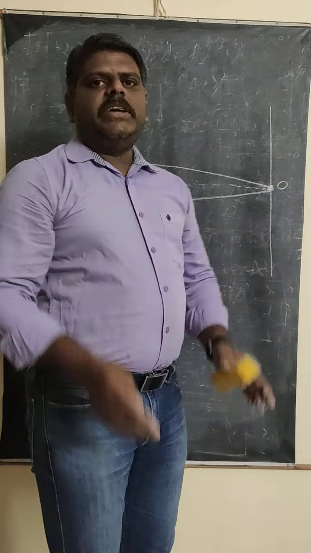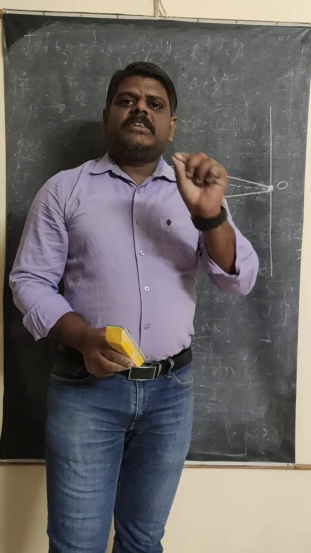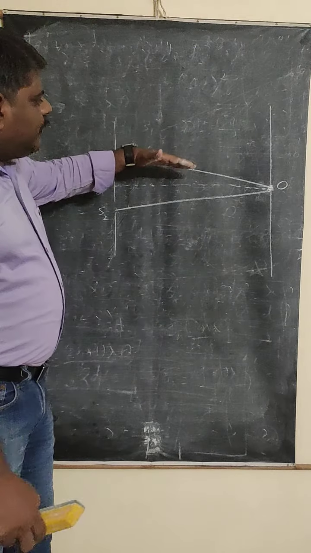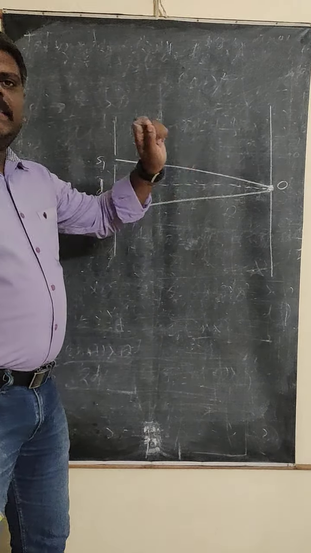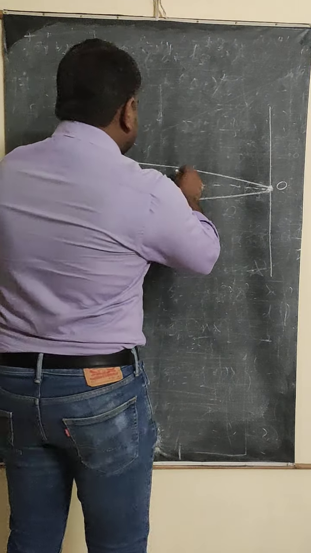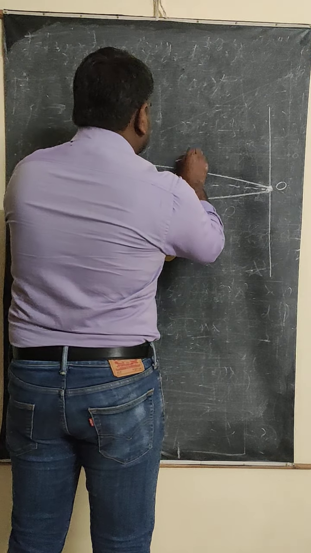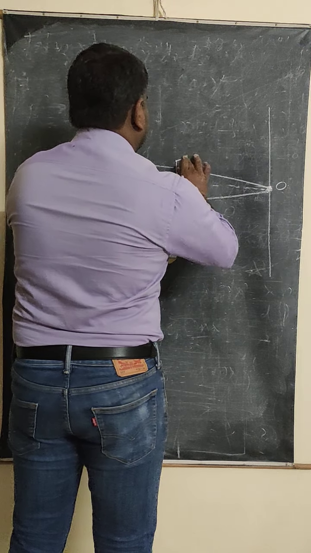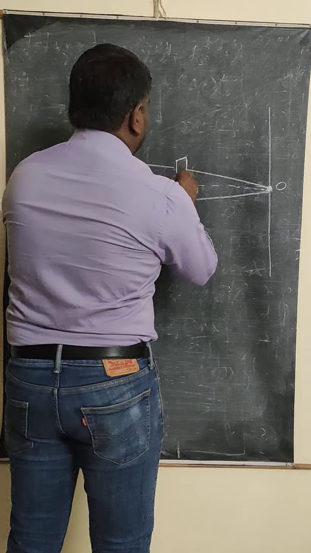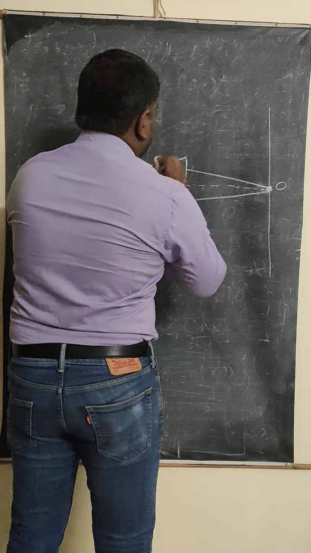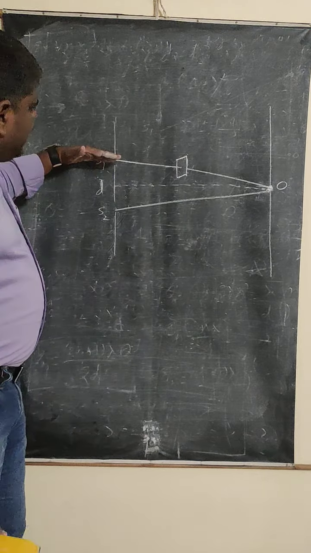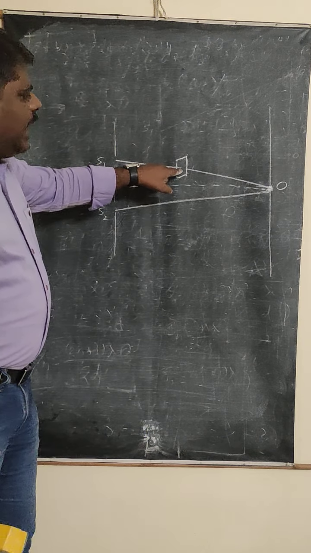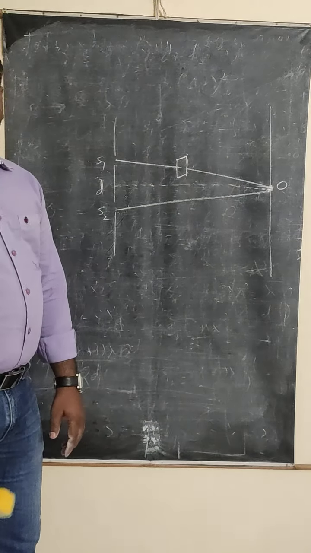Now what you are going to do is introduce a thin transparent glass plate in the path of one of the light sources. So let's say that here I am going to use a thin transparent glass plate. Then what happens here? While it is traveling in this path, I am introducing a thin glass plate, and here the central point is there.